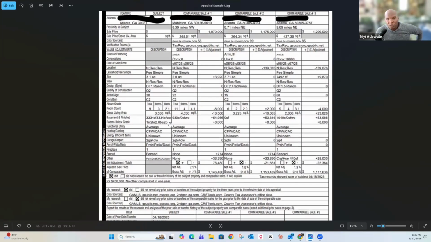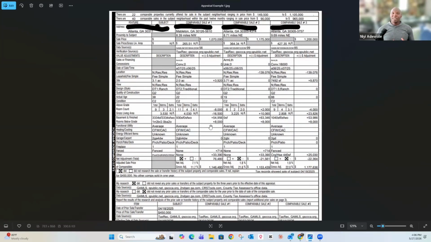The original rehab budget was about 200K, and we estimated conservatively that they could come out on the other end at an 850K value, which is good. That means that once you get that refinanced, you're essentially getting the money that you put in back out, and now you can just rent that thing out.